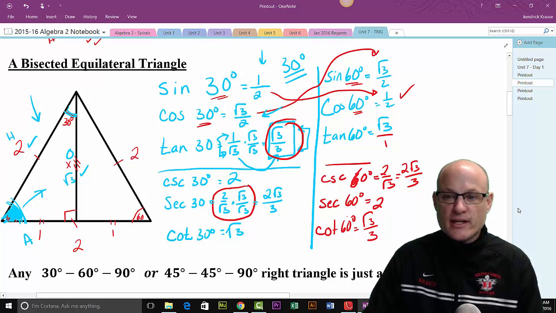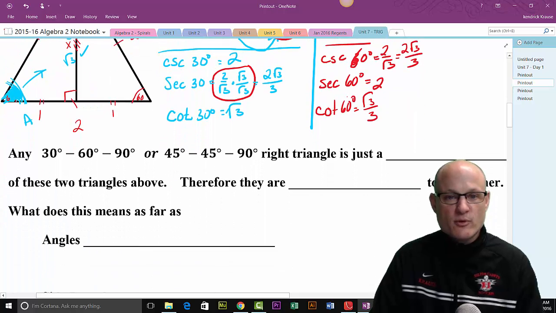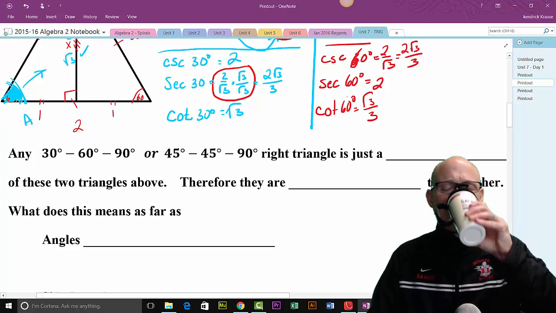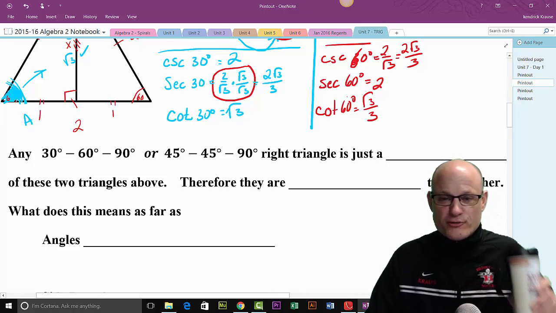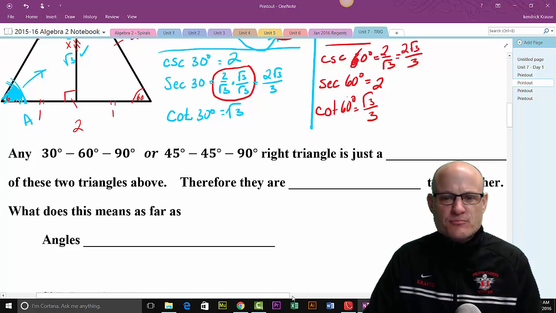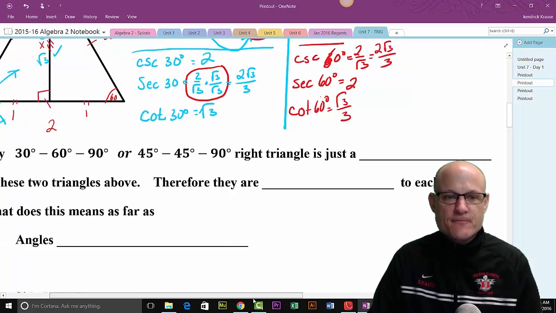30, 60, 90, and 45, 45, 90. Let me try to get my brain back. Thanks, Brugers. Appreciate it. Any 30, 60, 90, or 45, 45, 90 right triangle is just a